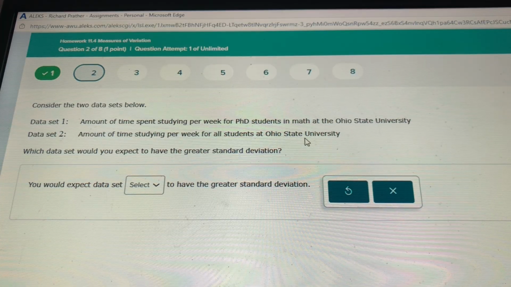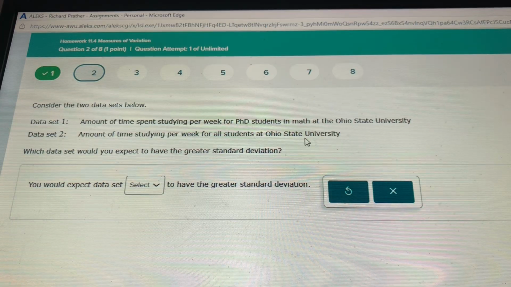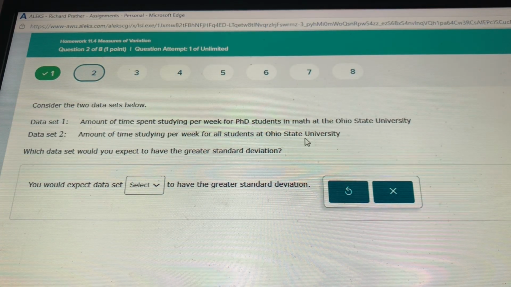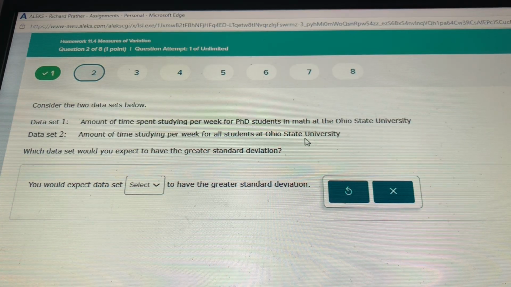But the more important thing is that means they're going to all be pretty close to each other. When you get students in general, there are going to be really hardworking ones that study a lot. Maybe there are even some general students that might study more than PhD students. I'm not trying to say that every PhD student is harder working than every non-PhD student. There are going to be some normal students that are not PhD students, and they might study a whole lot. They might study more than PhD students. But there are also the ones that don't really put much time into it. They're just at college for the experience and the fun times, and a lot of them end up failing and